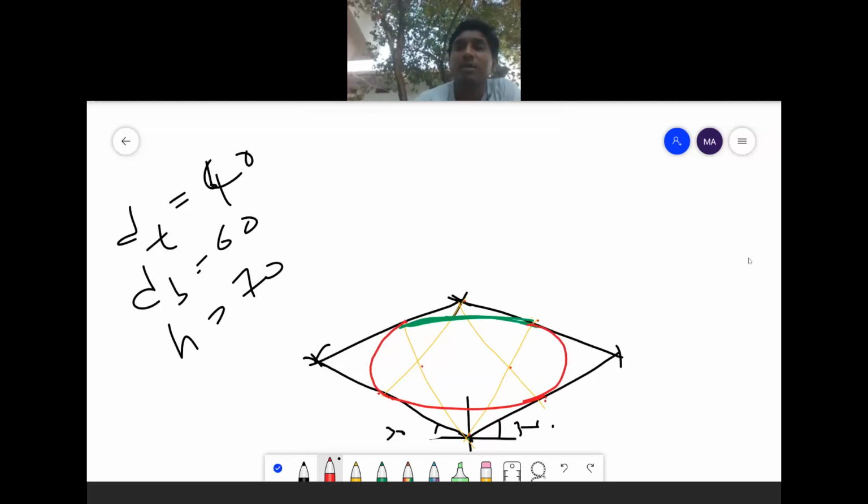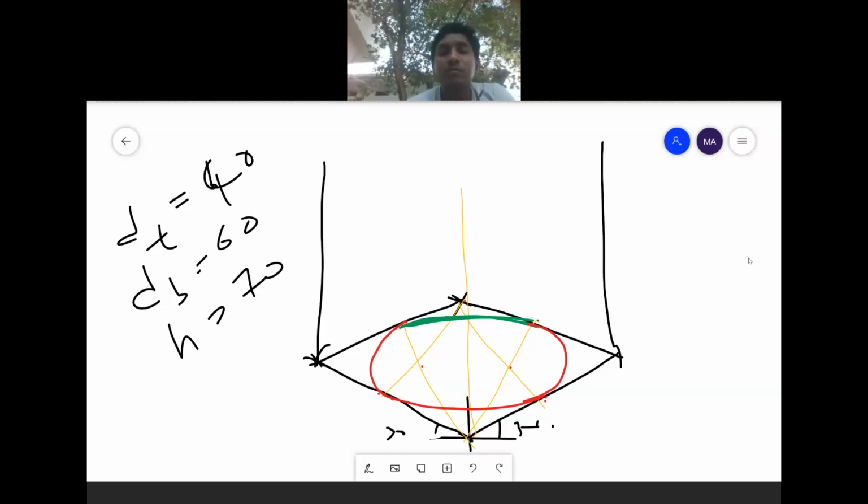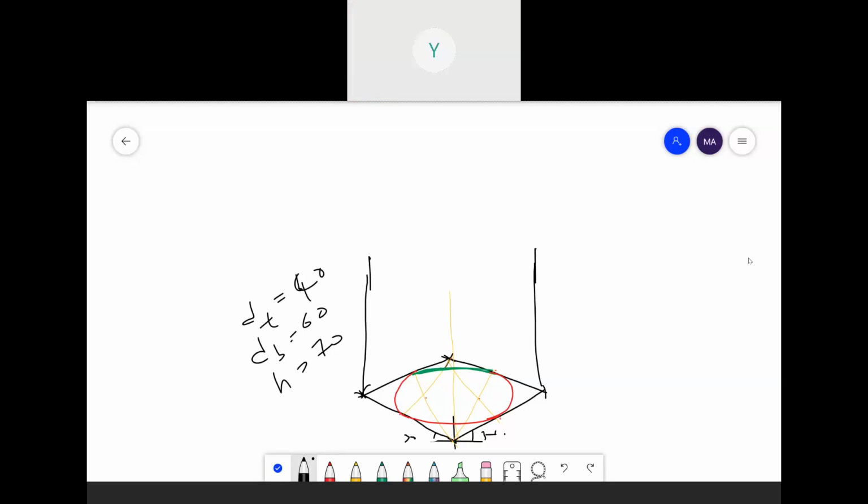After that, the given height is how much? 70 mm. I am extending it to 70. Understand? Okay, I am extending it to 70. So then I am joining